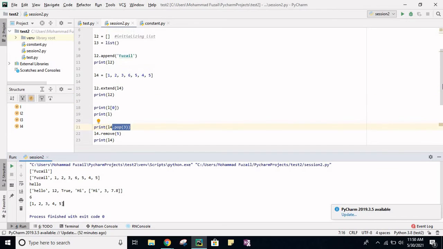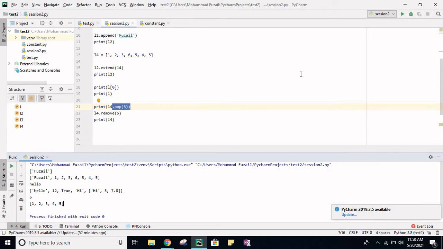Now suppose you want to replace the value 6 with the value 7. What will you do? Let's remove the value 4 because we are using this index 3, so it will make an issue, and we are using this value 5.